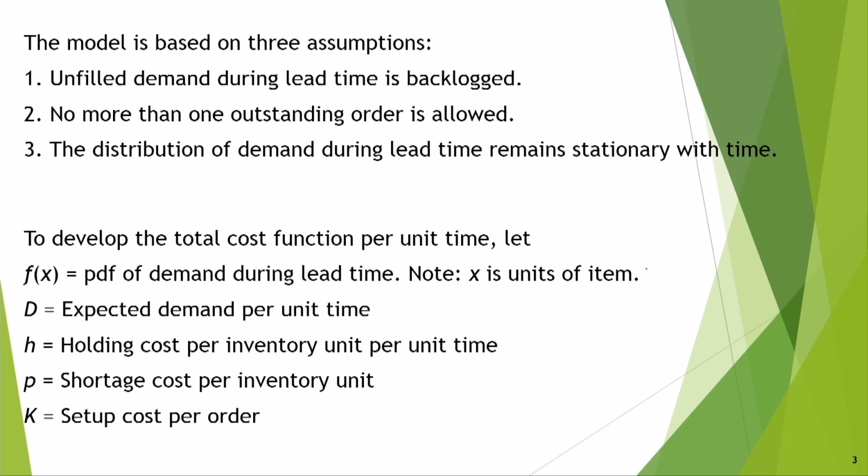Note x is the unit of item. So, in our case it is per gallon, and f(x) is equal to 1 by 100 here, and expected demand per unit time we have already calculated, that is it is coming 50 because it is uniform. Holding cost per unit time is given, shortage cost is given, it was I think rupees 100 per gallon,